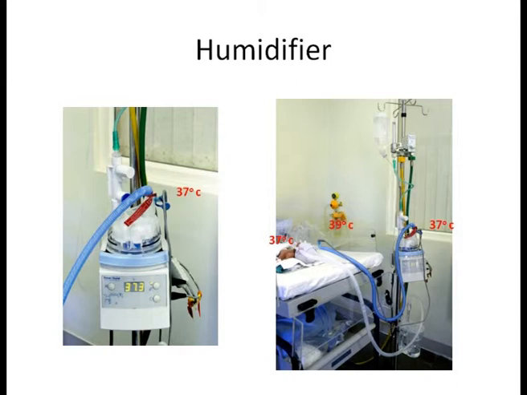Now when the air oxygen mixture from the blender is going to the humidifier, it is getting heated in the humidifier with a water bath. Whenever a warming of gases occurs with a humidifier, the relative humidity of the gas coming from the humidifier is going to be 100%. Now this servo humidifier is controlled in such a way that the gas coming from the humidifier is 37 degrees Celsius and with a relative humidity of 100%.